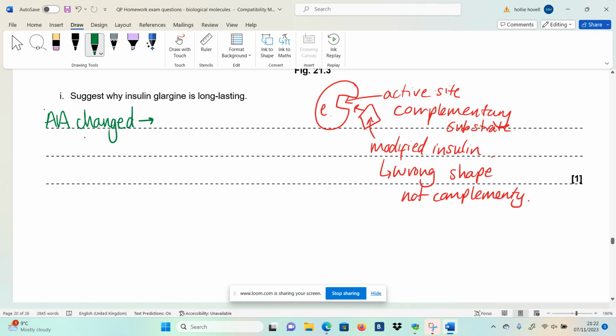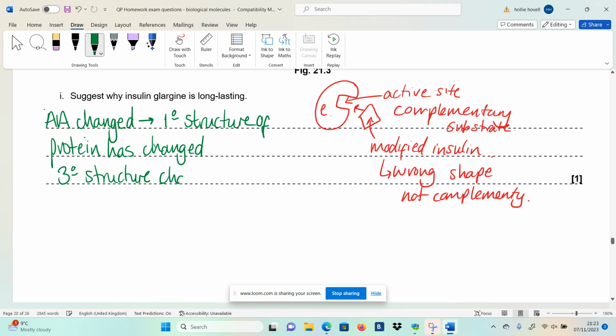So amino acids have changed, therefore the primary structure of the protein has changed. Link the words that they used in the question to the words that you have learned about the structure of protein. Because the amino acid structure has changed, the primary structure of the protein has changed. You can then say that the tertiary structure of the protein will be changed, because the primary structure always affects the tertiary structure,